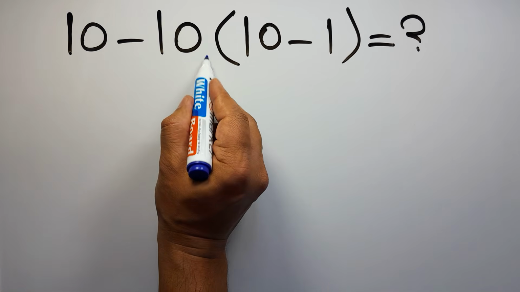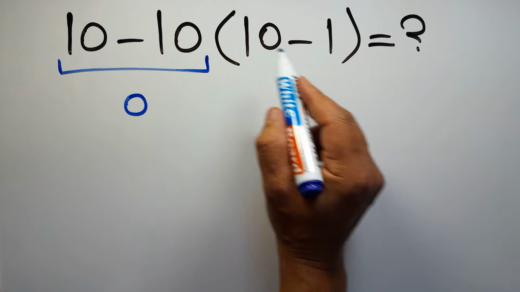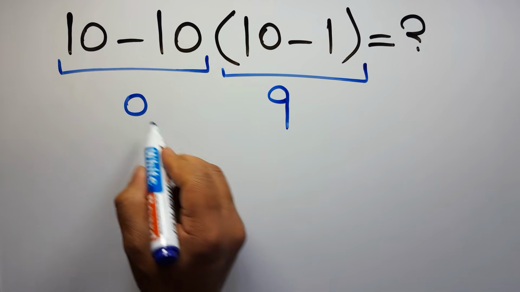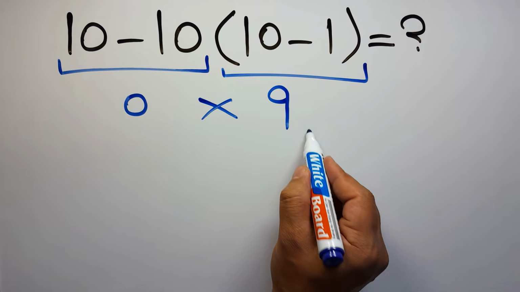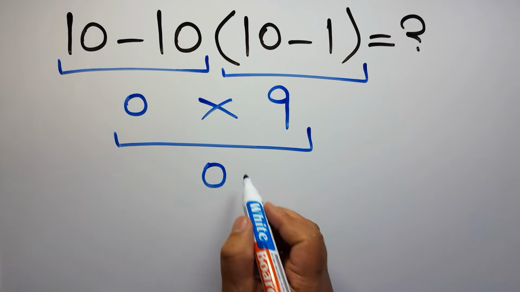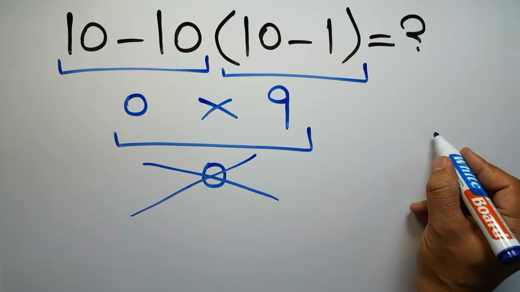10 minus 10 gives us 0. And inside this parentheses, we have 10 minus 1, which equals 9. So we have 0 times 9, which equals 0. But this answer is not correct because according to the order of operations, which is PEMDAS,